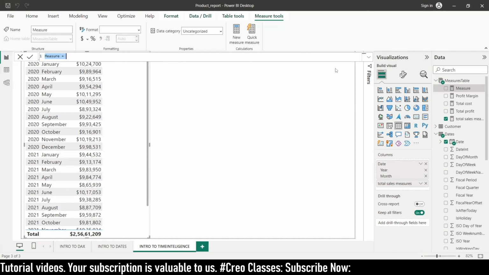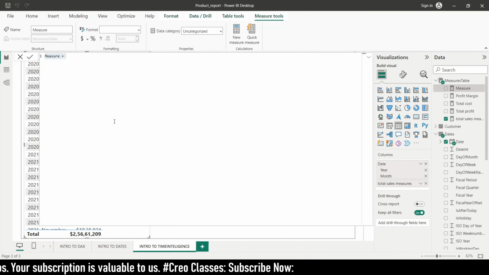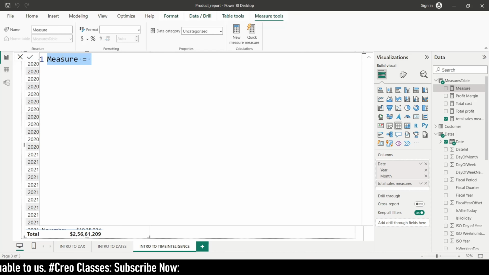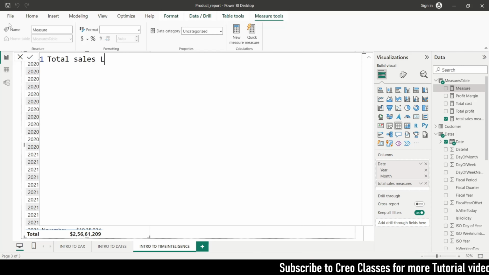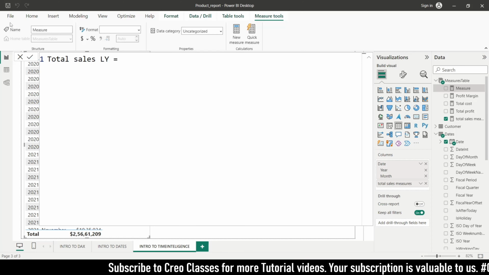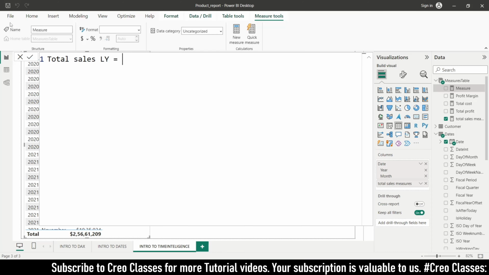Okay, and you can see the measure here. Let me zoom this, and now I'm going to rename this as total sales last year. I'm going to name it LY as a short form for last year. So this will be equal to, now we have to compare this month's sales with the